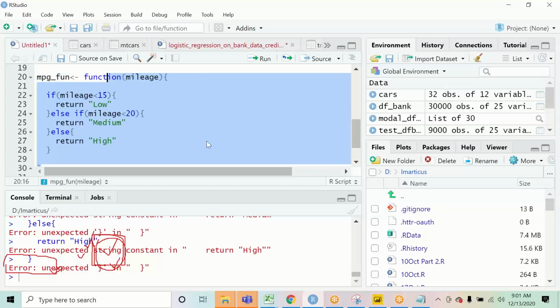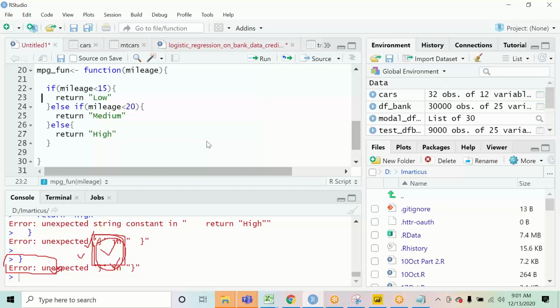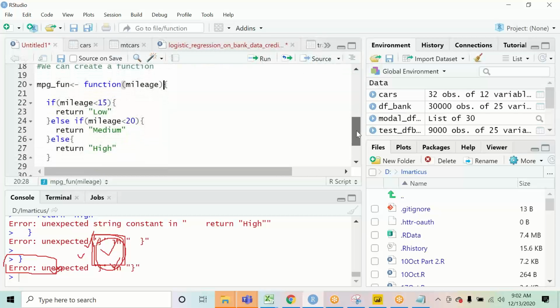Yes, Raghav, please ask. Hello. Yeah, can you hear me? Yeah, I can hear you, Raghav. So when we are writing this condition, mileage is less than 15 and mileage is less than 20, will this not cause some kind of discrepancy? Your voice is not clear, Raghav. It is breaking a lot. Is it better now? No, it is still distorted. Okay, I'll just try to type it then.